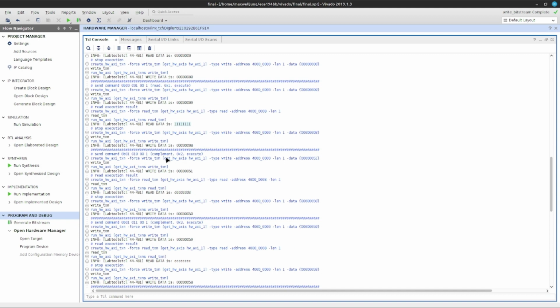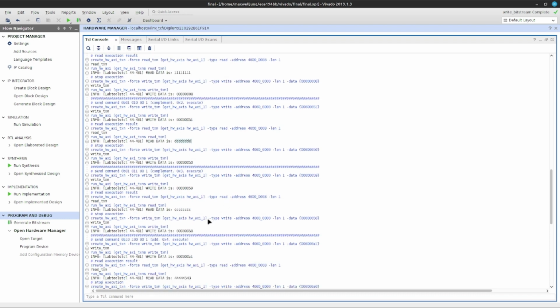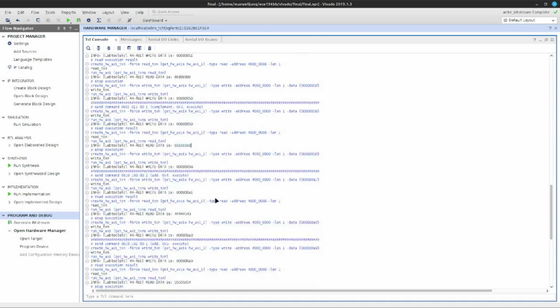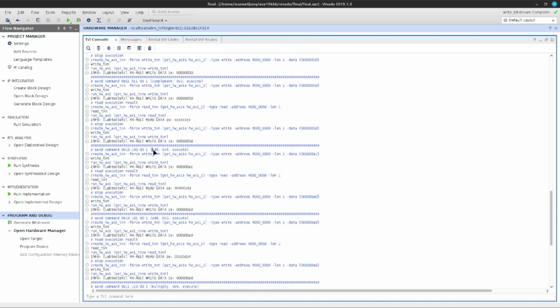The next command reads the data in address 2, and it complements it. So the complement of 22222222 would be DDDDDDDD. And then the complement of 33333333 would be CCCCCCCC. And the next two commands add to the data in address 4. So 44444444 plus FF would be